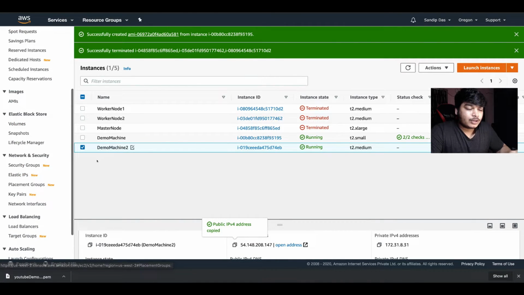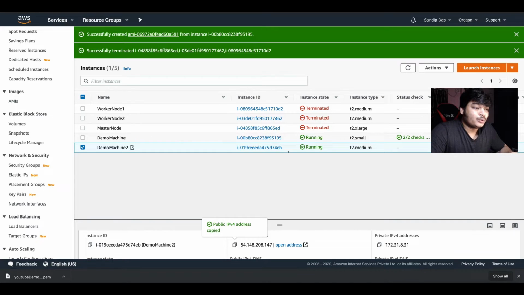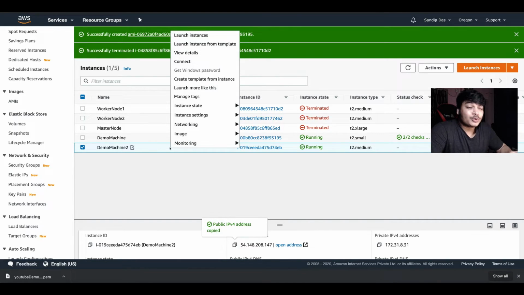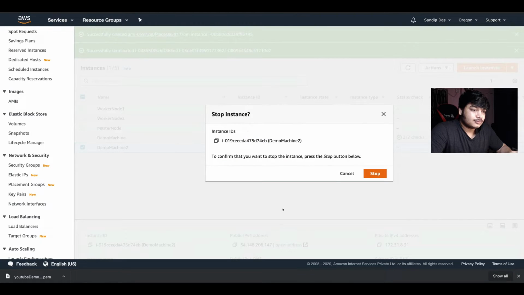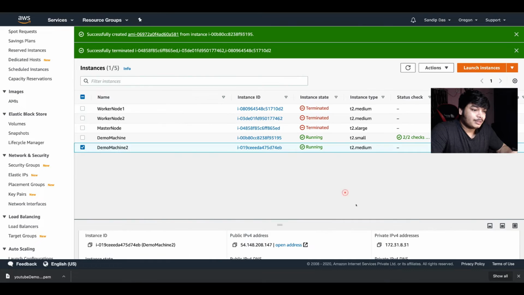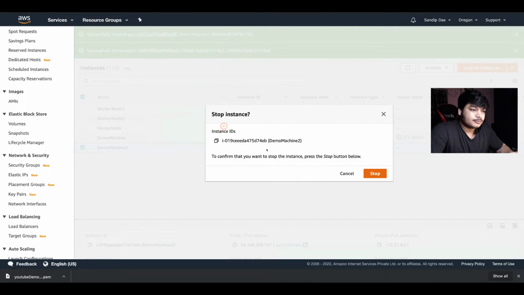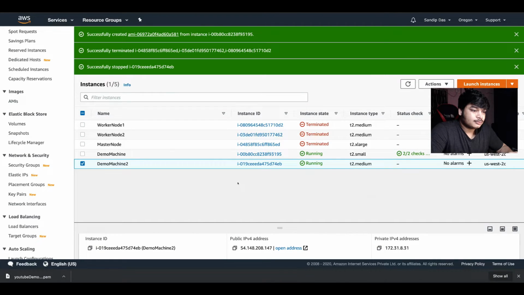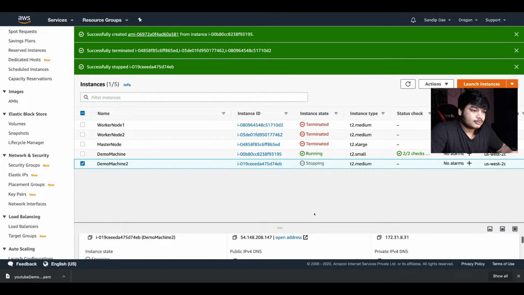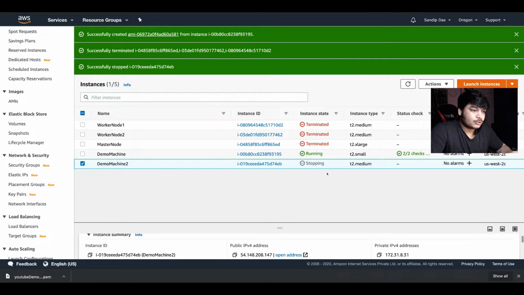Okay, now what if you want to keep the data, but you don't want the machine running cost? You want to run it now, you don't want to run it later. For those cases, just make it stop state. Yes. Now remember the IP, 14.20.147. If you stop it, let it stop.